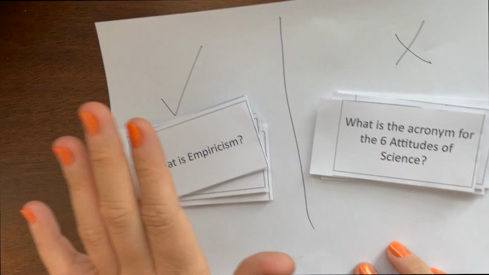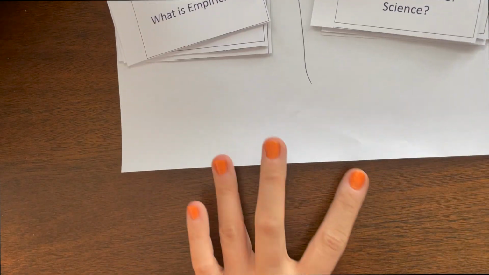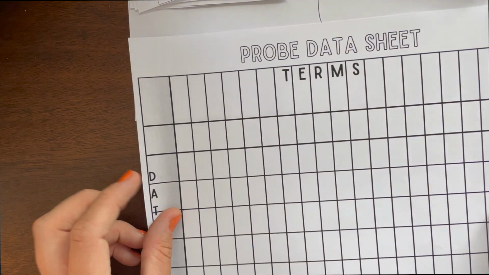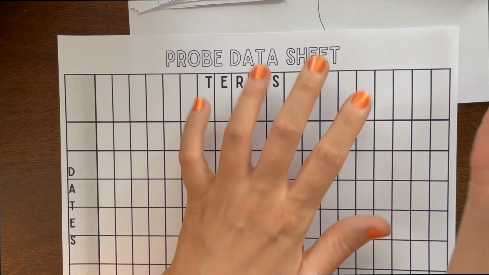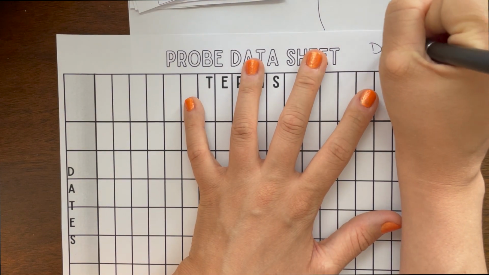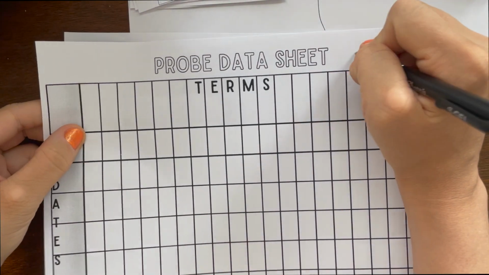So we have our correct pile and incorrect pile, right? So I'm going to move those up and I'm going to show you my data sheet here. So we've got our little data sheet here. I'm going to write daily on here. And on my other data sheet, which is the exact same one, I just printed it twice, I'm going to write